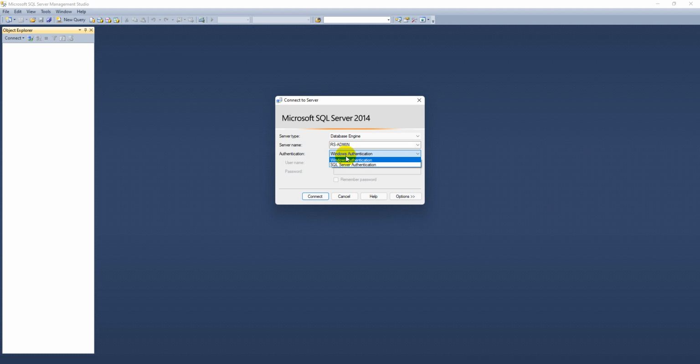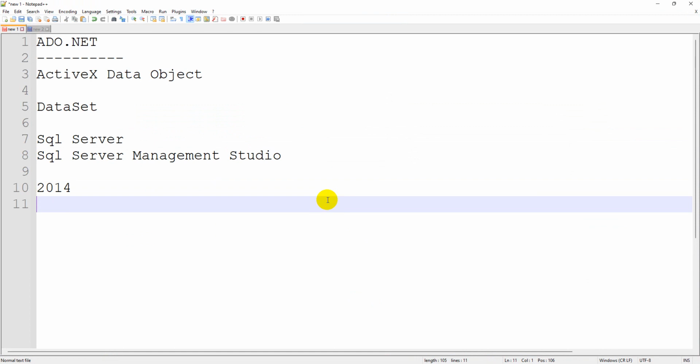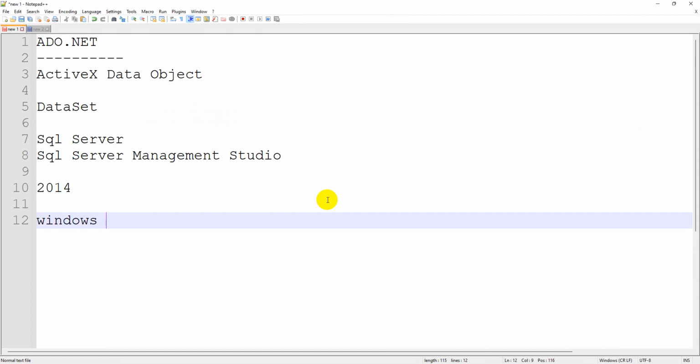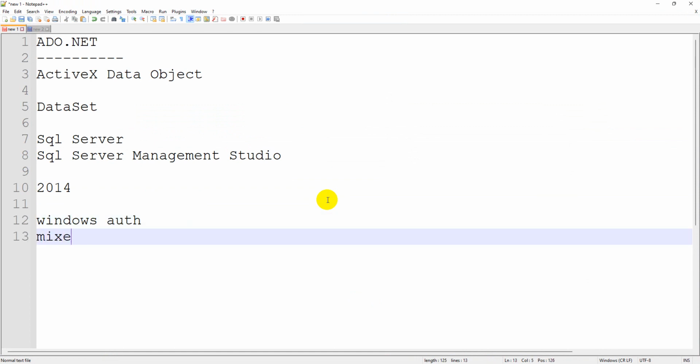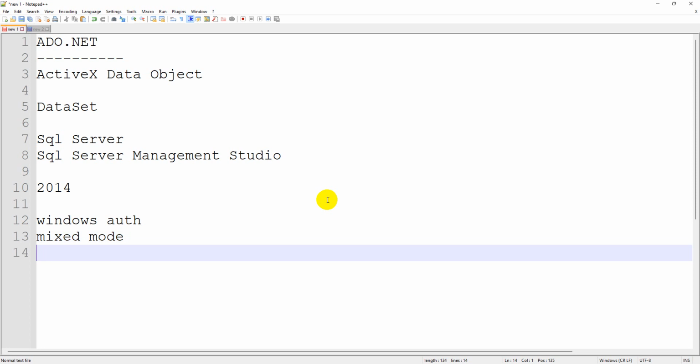Suppose you select SQL Server authentication. While installing the software, the system will ask whether you want to use Windows authentication or mixed mode authentication. Mixed means both Windows and SQL Server authentication will be available in this mode. At the time of selecting mixed mode, it will ask you to set a password.